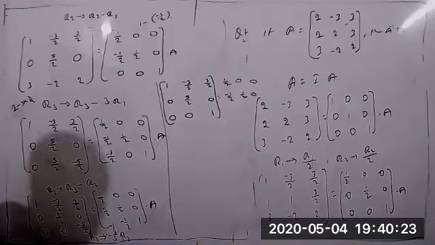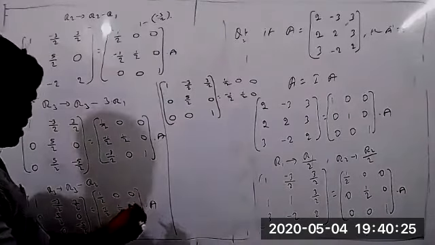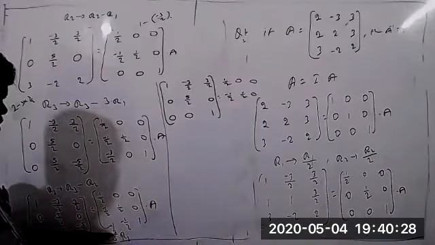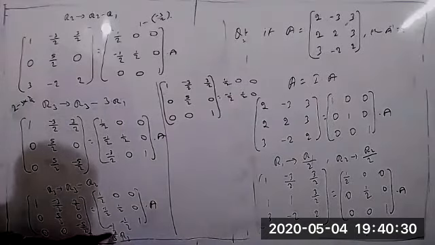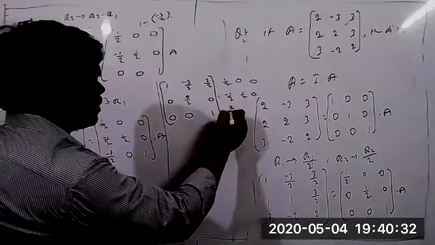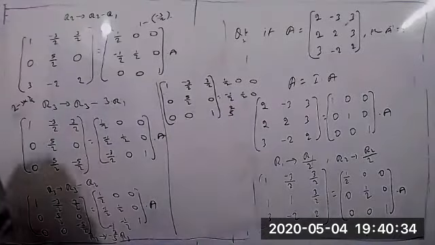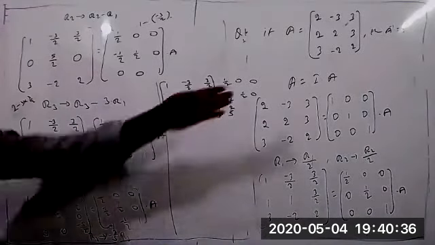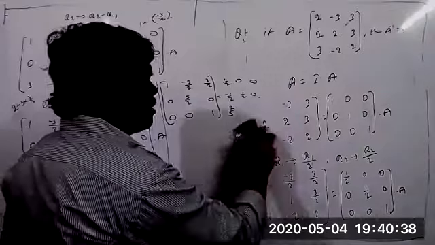So write the condition values here now. R3, that means minus 2 by 5 into minus 1. So minus into minus equal to plus only. So this value equal to 2 by 5. This value equal to 2 by 5. I think everybody copied the second step here. Challenge this one.